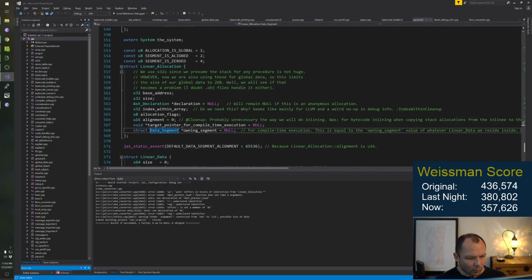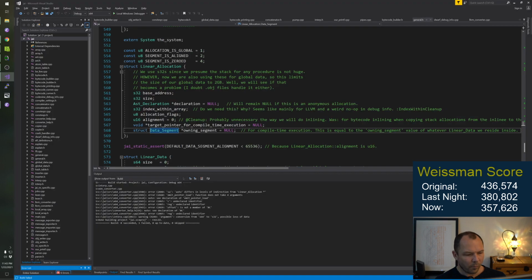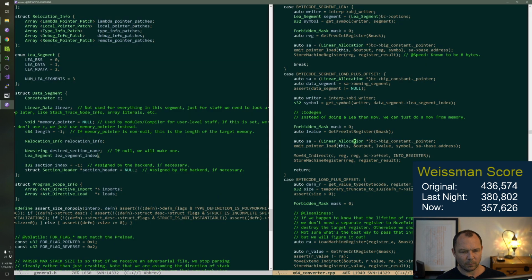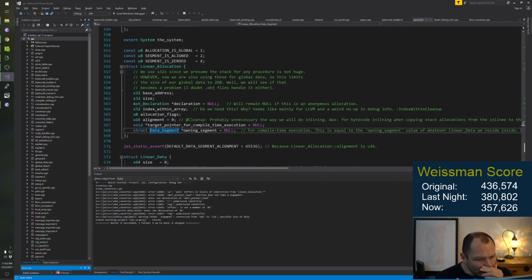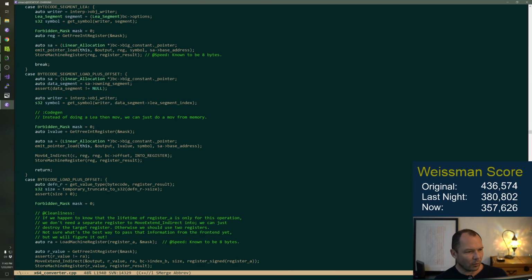Auto differs in levels of indirection from linear allocations. What? It's probably just emit pointer load. Oh, no, that's it. What is going on? How are the error messages so damn bad?